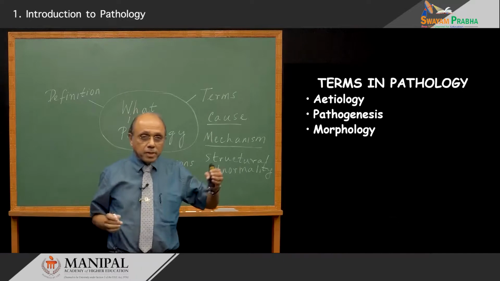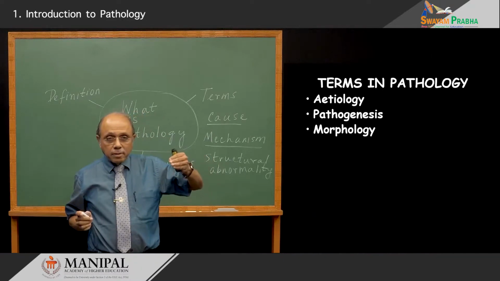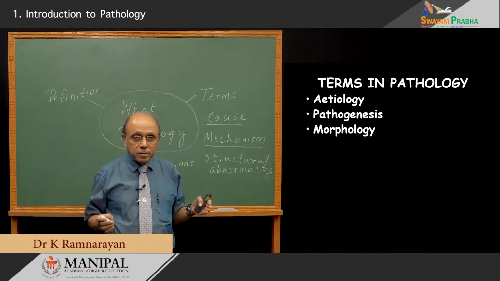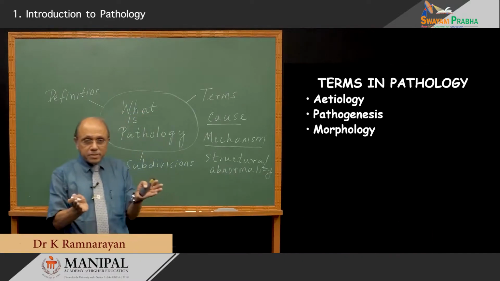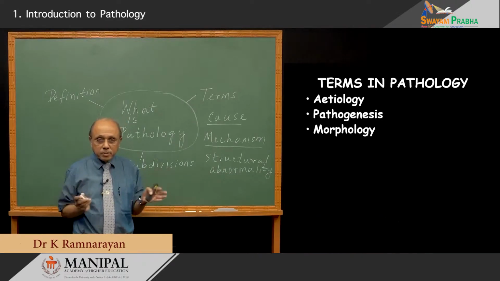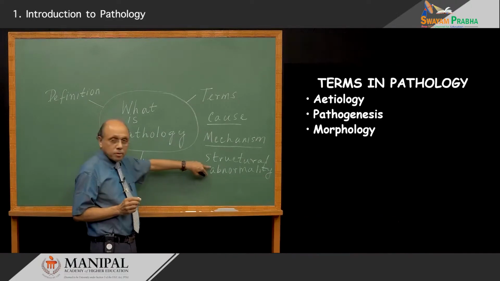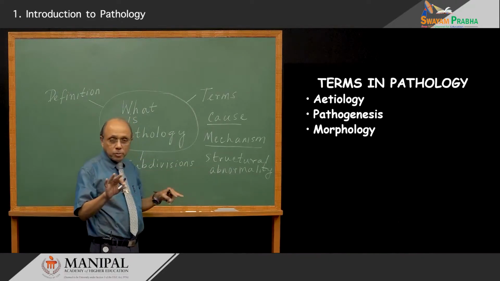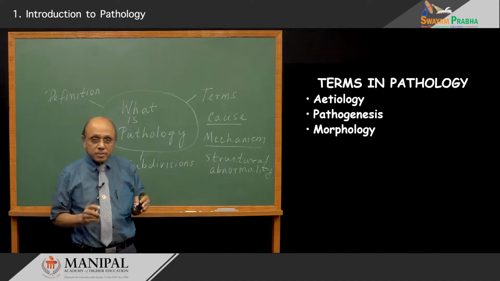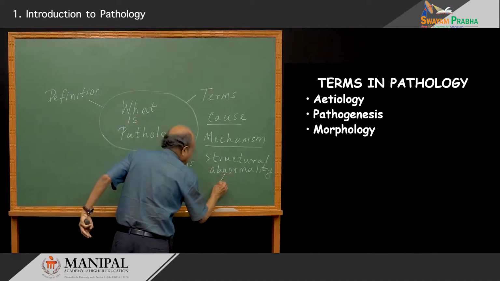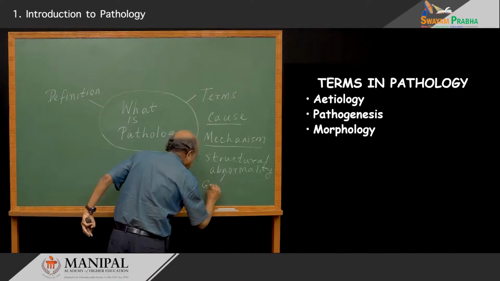I mentioned to you that anatomy going wrong is pathology. So, there are some changes that happen in an organ as a result of the pathologic process, and those structural changes are referred to as morphological changes, structural changes, and these structural changes could be at the gross level,